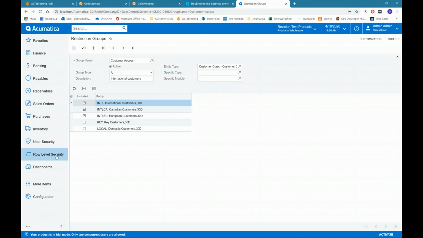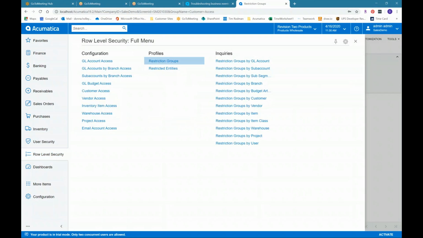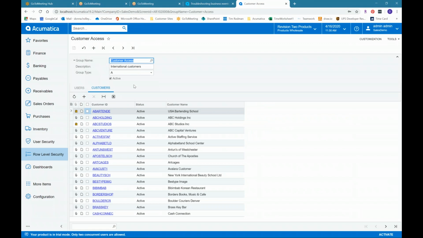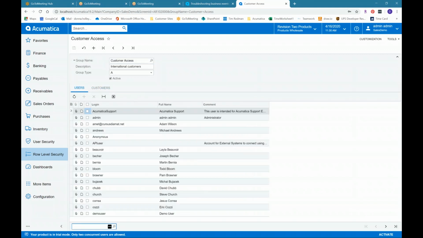Then you would have to, that's a good point. Why do you have to do it twice, I guess is my question. You don't. Okay. It appeared the way you were setting it up that we needed to select them twice. Okay. Because we set up that restriction group, so,